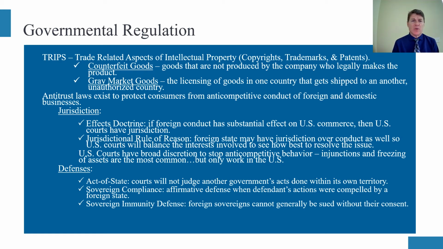And so, obviously, it's an example where police can arrest or shut down these operations, but as soon as they shut down one, two more pop up. And so it's a never-ending kind of battle trying to police these things to eliminate the sale of counterfeit goods. Gray market goods is an interesting phenomenon. It's been happening more in recent years.